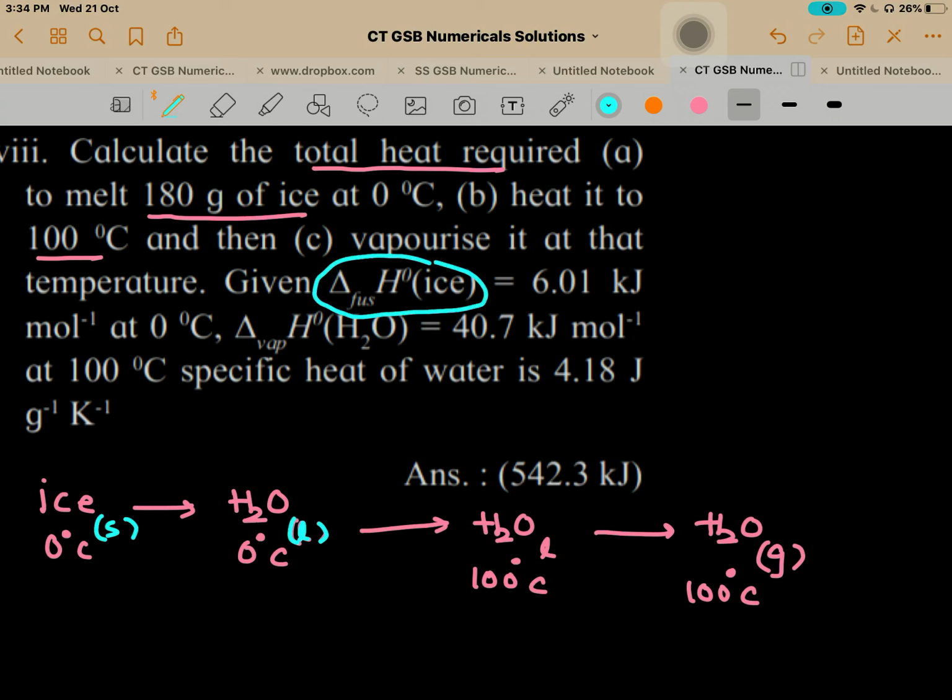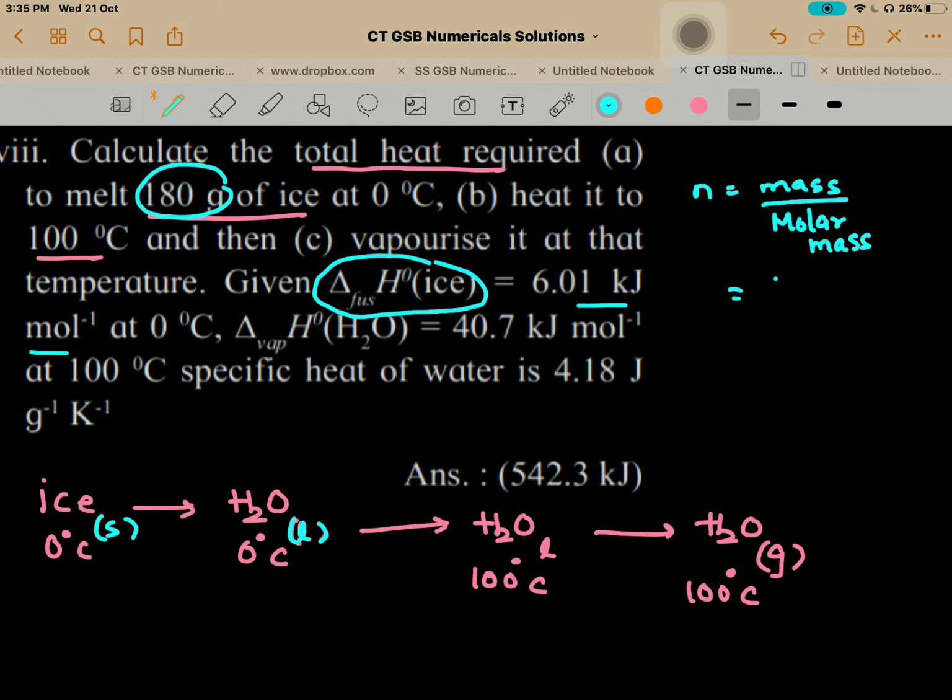See this. Enthalpy of fusion means enthalpy change required to convert 1 mole of ice to water. Because the value given is what? Kilojoule per mole. So if it is 1 mole of ice and you're converting to liquid water at 0 degree, then the heat required is 6.01. Now, how much ice is given in the question? They have given 180 gram. So if I want to convert into mole, so mole is what? Mass upon molar mass,